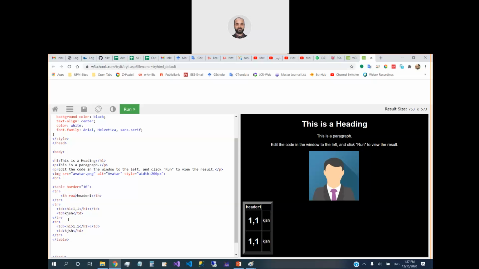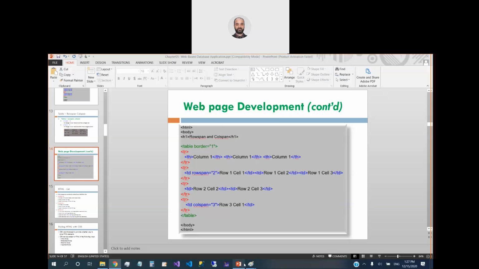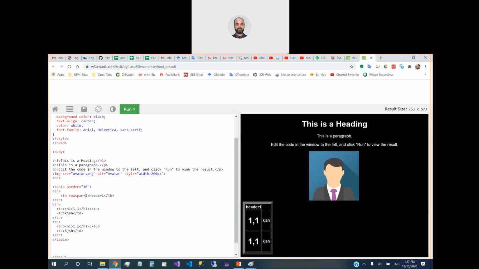That's why we need to make row span equal to 2. As you can see here, row span equal to 2. But this number 2 needs to be put in double quotation marks. Okay? So if we run like that,